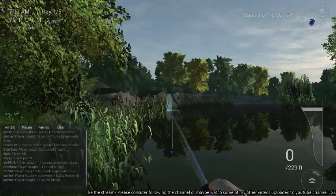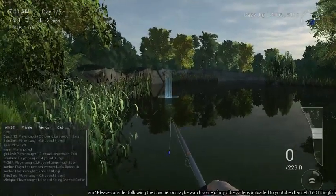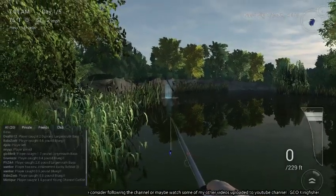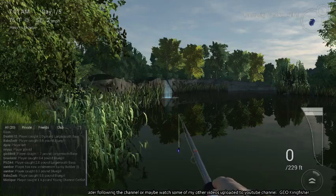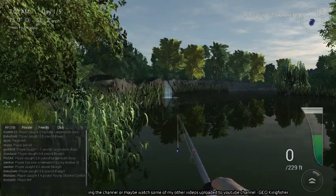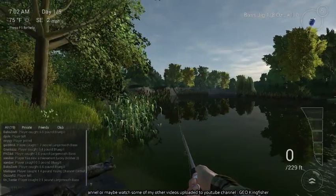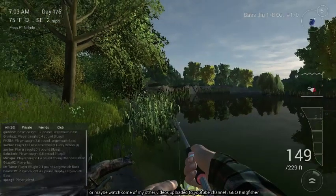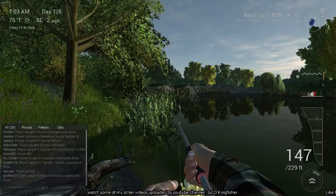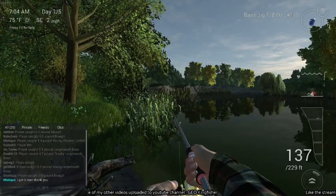You do this by clicking the right mouse button, and you can move the mouse around to aim, and you'll get that grey bar is where you need to match the power to get it in that area. So we're going to cast about there, just beneath a full cast, just by those reeds. It's a good cast, and then all we do is we just poke the rod towards the bank and reel in. What that does is it guides the bait, the lure,